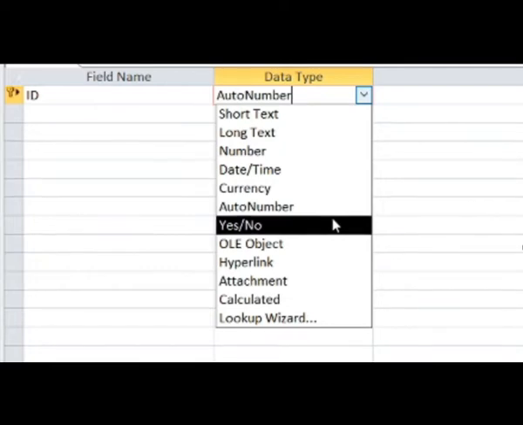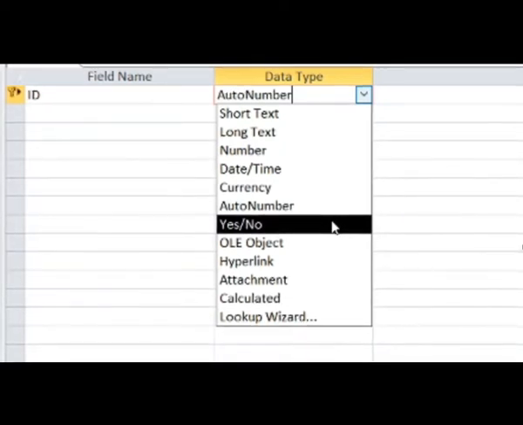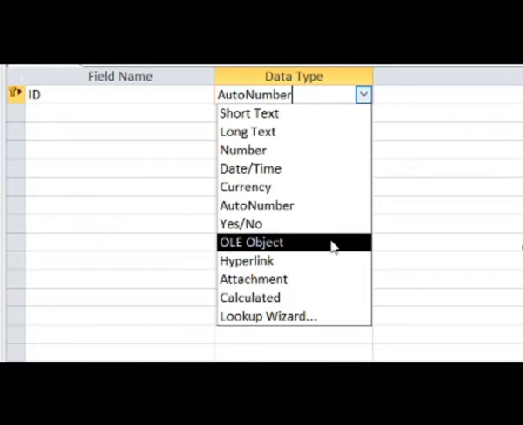Then we have OLE type of data. OLE means object linking and embedding. That is, we are working with MS Access, and in this file you want to import records or link another file which you have typed using MS Word. So that is another object, Word file, and you want to link this with your Access file. So this is called as object linking embedding. That is, that object you would link here and embed it to Access file.